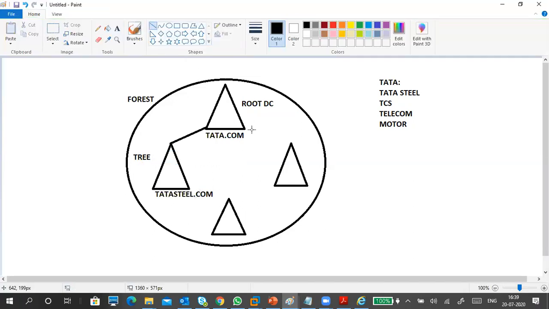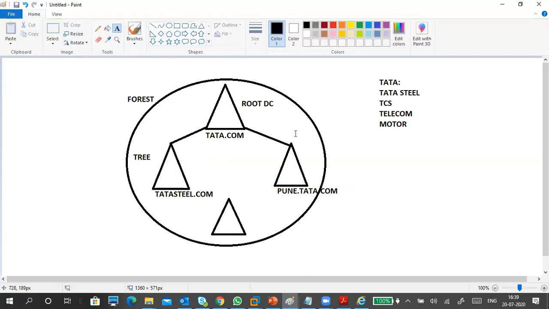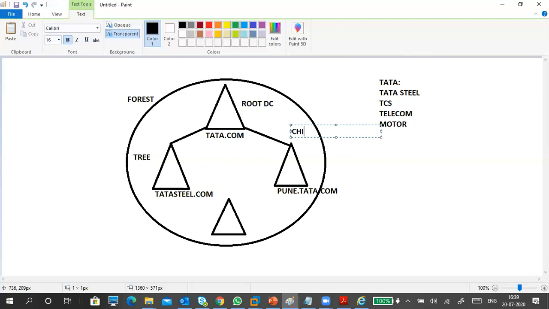I created a child for this one. For example, the child of Tata, like maybe Pune, Pune.Tata.com. If you see, this is a child domain.